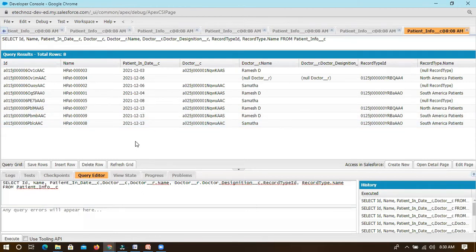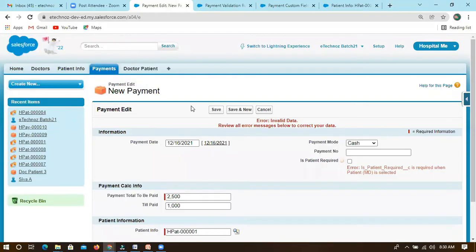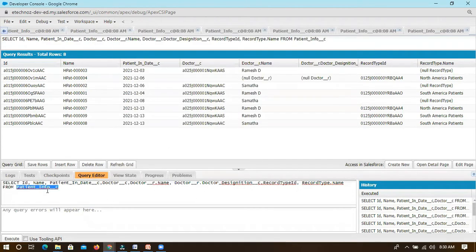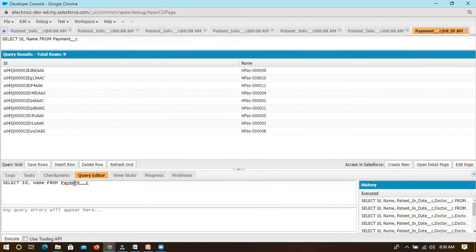No, this is for patient, right? Sorry, I need to check for the payment. We created the payment report, right? Is it payment or patient? Control key. Yes, it is for patient. So I need to go to patient first. I have to write a query for this patient. For this payment, select ID, name. These are not all fields, and it will throw an error, because this is for a different object. ID comma name. Let's check with these two fields only.